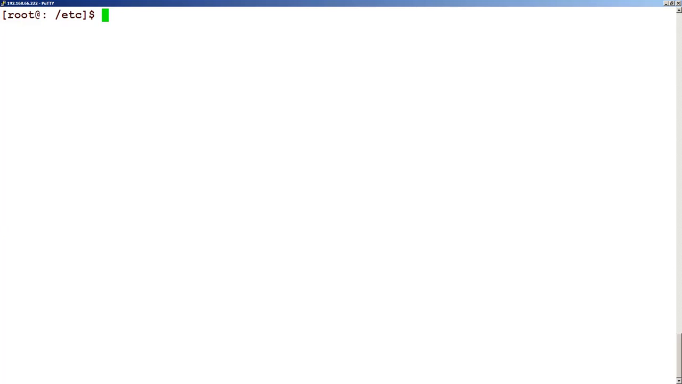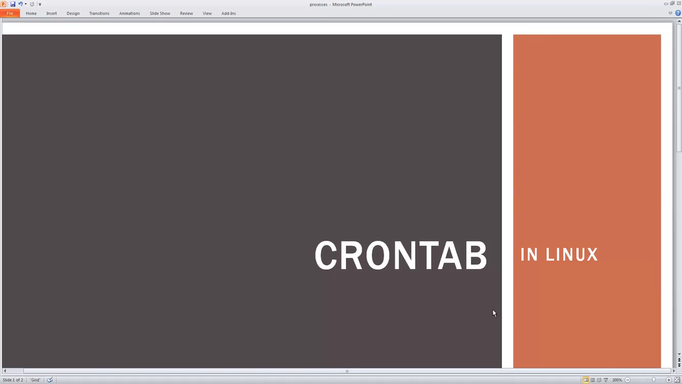Hi, good morning everyone. Let's get started with the next topic, which is CronTab. In this topic, let's see the syntax of CronTab, because CronTab is going to be the scheduler, and